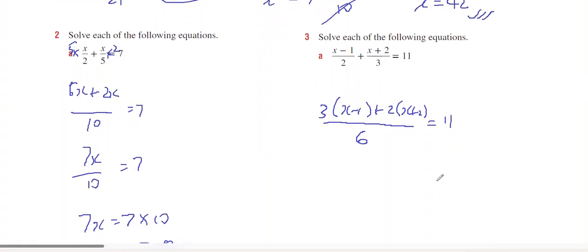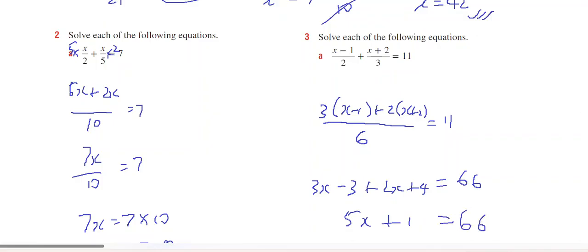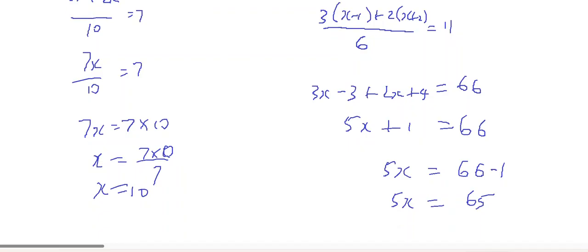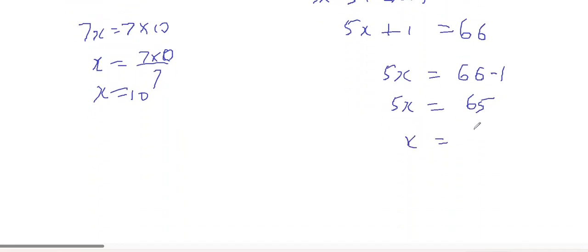So if I move the 6 over, it's going to be 6 times 11 or 66, and multiply this out. 3x minus 3 plus 2x plus 4. That gives 5x plus 1 equals 66. 5x equals 66 minus 1. 5x equals 65. And x is going to be 65 divided by 5. And 5 goes into that